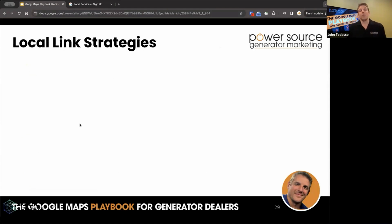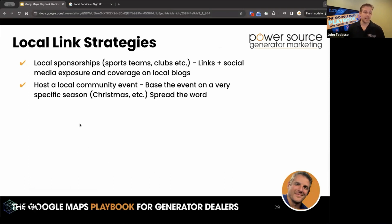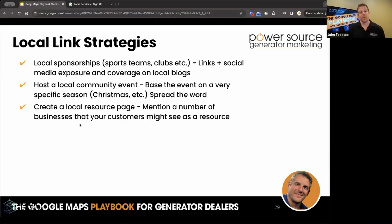And then there's local link strategies. This can also help you tremendously with ranking. Specifically, you could do some local sports team scholarships. They link to your website. They link to your Google profile. That could also help you get business too, but that is a really good way to get some backlinks. You can host a local community event. You can create a local resource page. You can create a page on your website where it's like